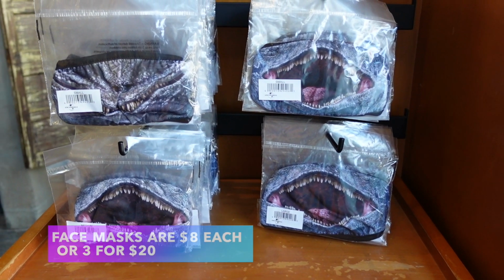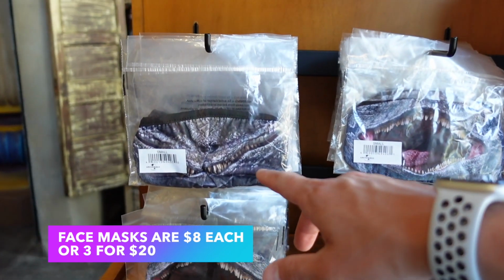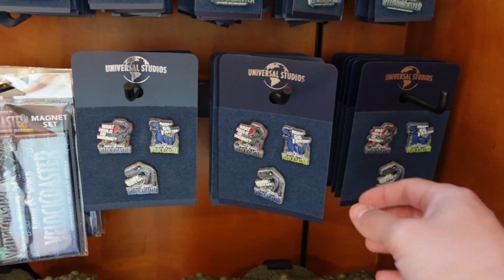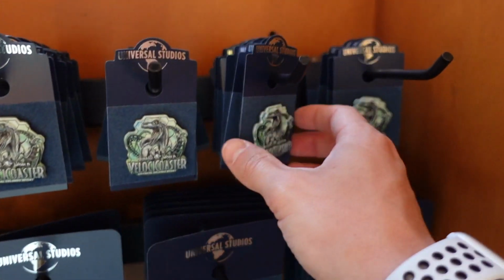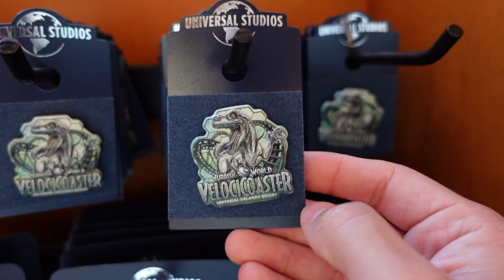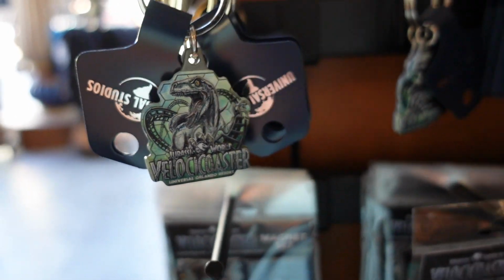They also have some Velociraptor masks, either one with the open mouth or one with the closed mouth. They do have some really cool masks here at Universal. For all you pen fanatics, there is a 3-pack of Velocicoaster pens, as well as a singular Velocicoaster pen, which is really cool. I might have to get this one day, maybe for opening. When I come for opening day, I'll probably get this. There is this Velocicoaster keychain, and as well,